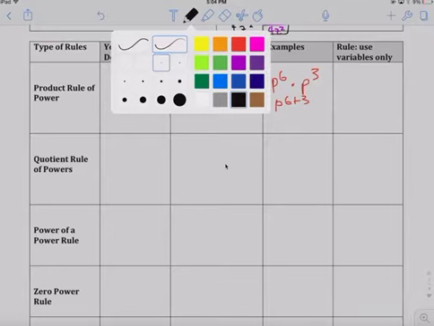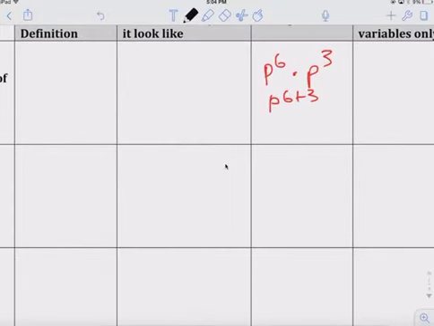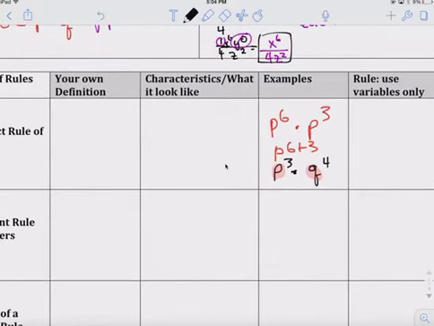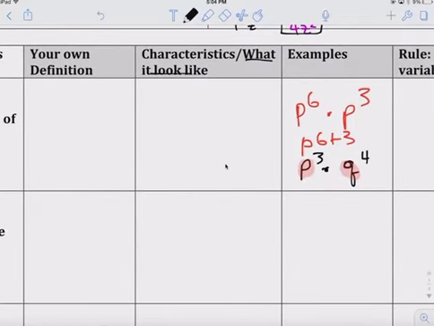Today in period 1, I gave an example like P times Q to the 4th to the 3rd. Why can't we add the exponents? Because the base has to be the same. So in your definition, what does it look like? The base has to be the same,